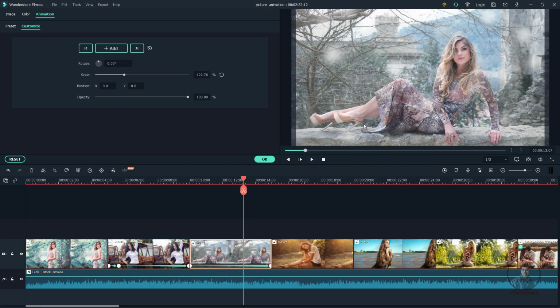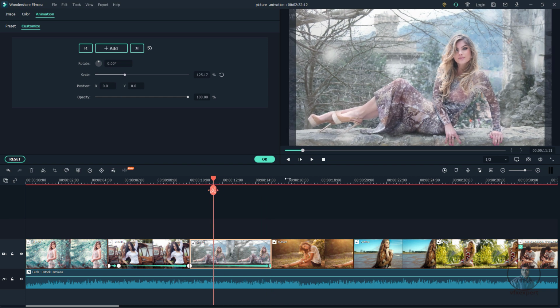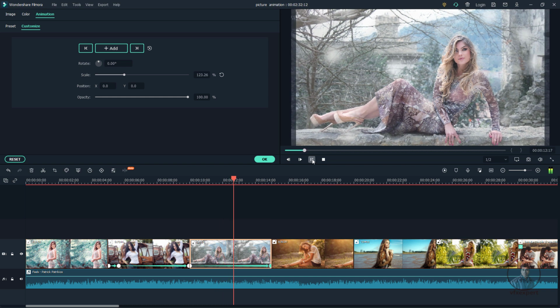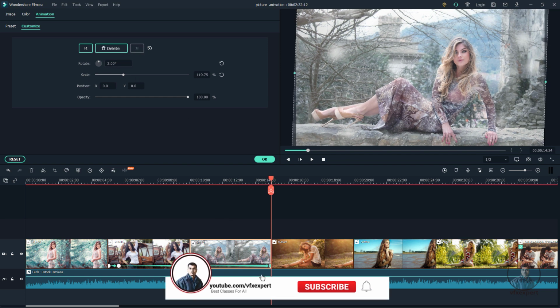Now after this, suppose you want to adjust your animation speed, maybe, so we have to use all these previous key, next key options here. Now just click on this next key. This will move your playhead to this next key. Now we can adjust this value here. Like this you can adjust your animation according to requirements. Now play and check. You can see here, even if you want to rotate this picture, then again you can place this playhead at this next key and simply use this rotation value here.